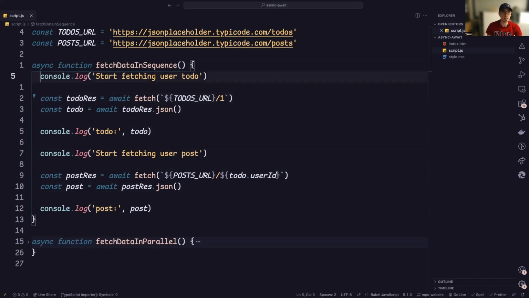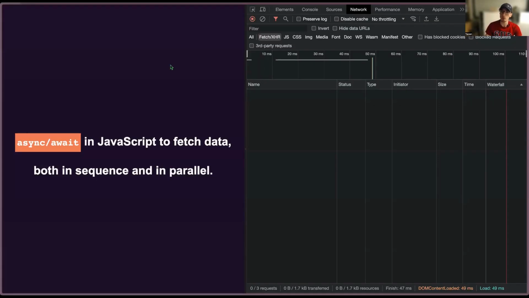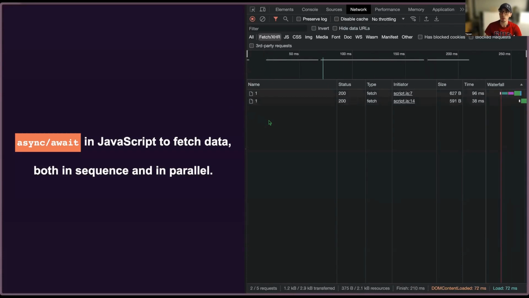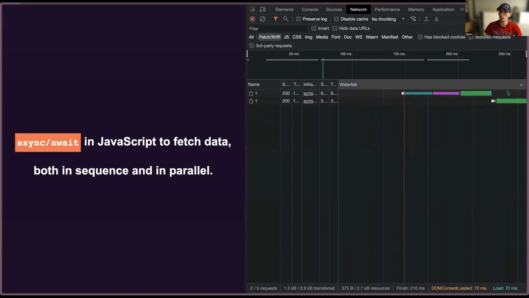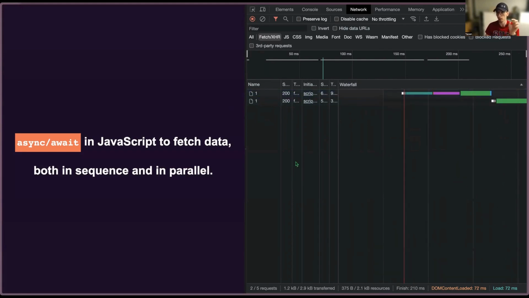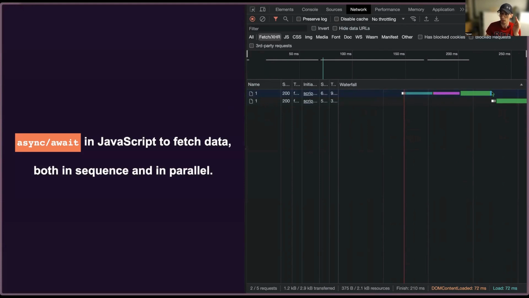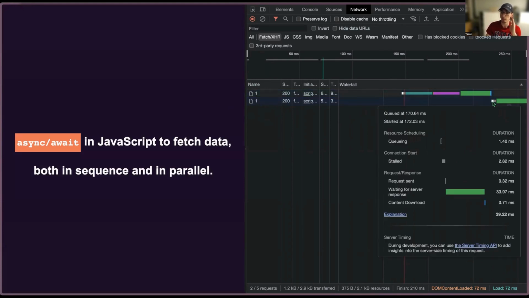So let's invoke the function and see what it looks like. If we invoke the function and then go back to the browser here and refresh, you will notice on this side that we have two requests, and that is the sequence. You notice here on this green, this is basically the waterfall. You can see that the first request has started, initialized,